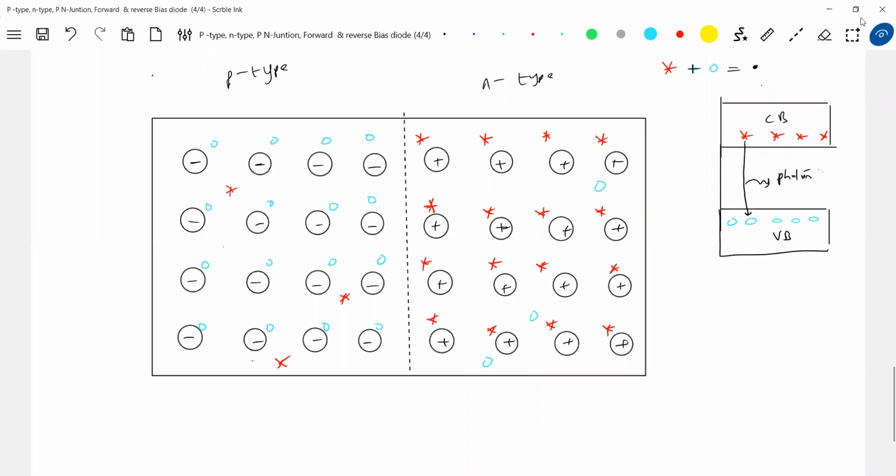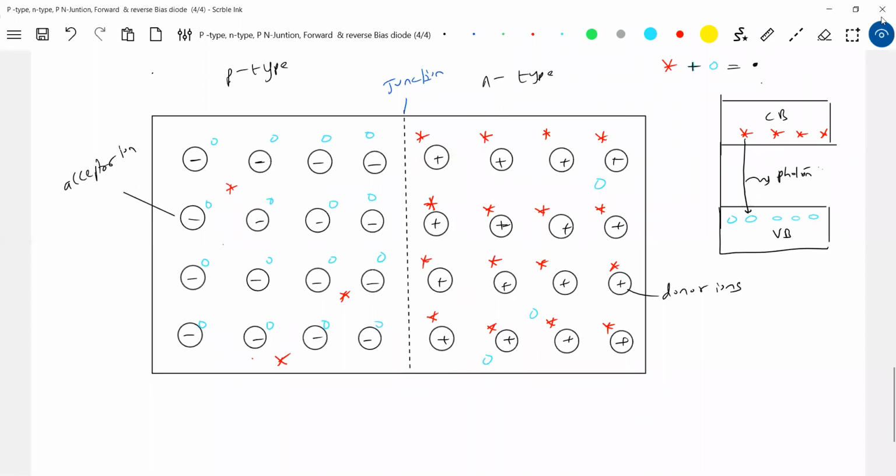This particular thing is called a junction or a boundary. So at this junction, what will happen to these donor ions? This is a donor ion, I'll be using the word frequently. And what is this? Acceptor ion. And what will happen to those ions which are nearby the junction? Shall I say they are being robbed of their majority carriers? They lose their majority carrier, and because of that, a net charge layer will be developed here. So finally, after the diffusion occurs,